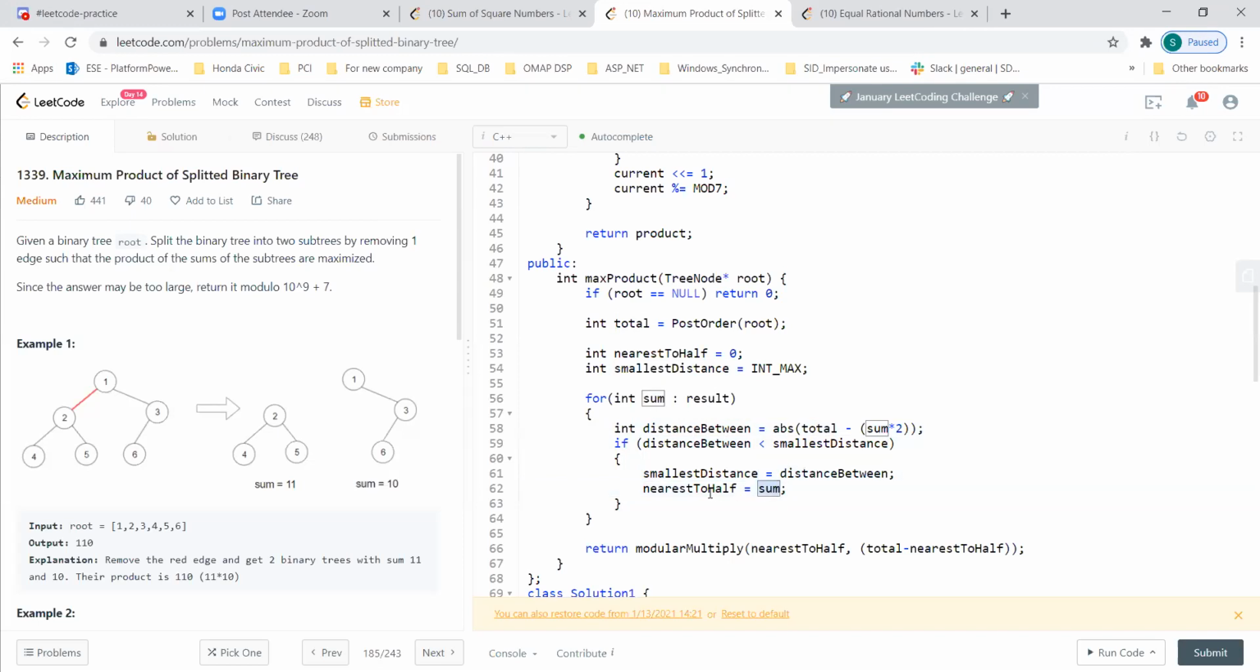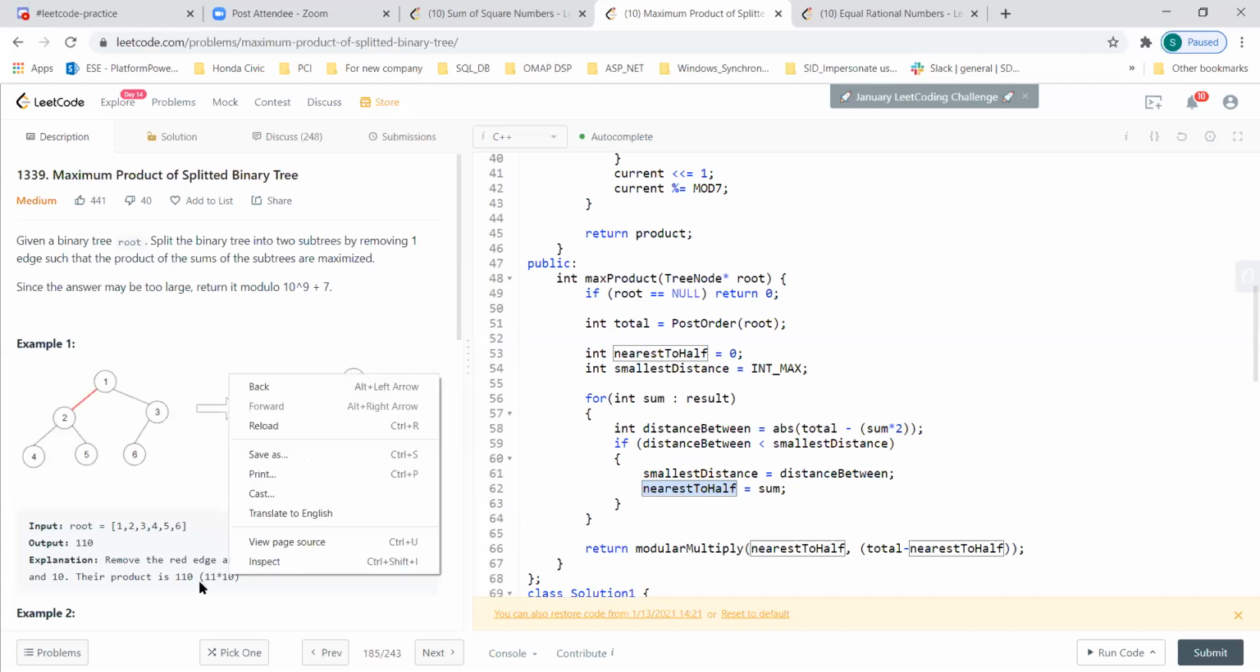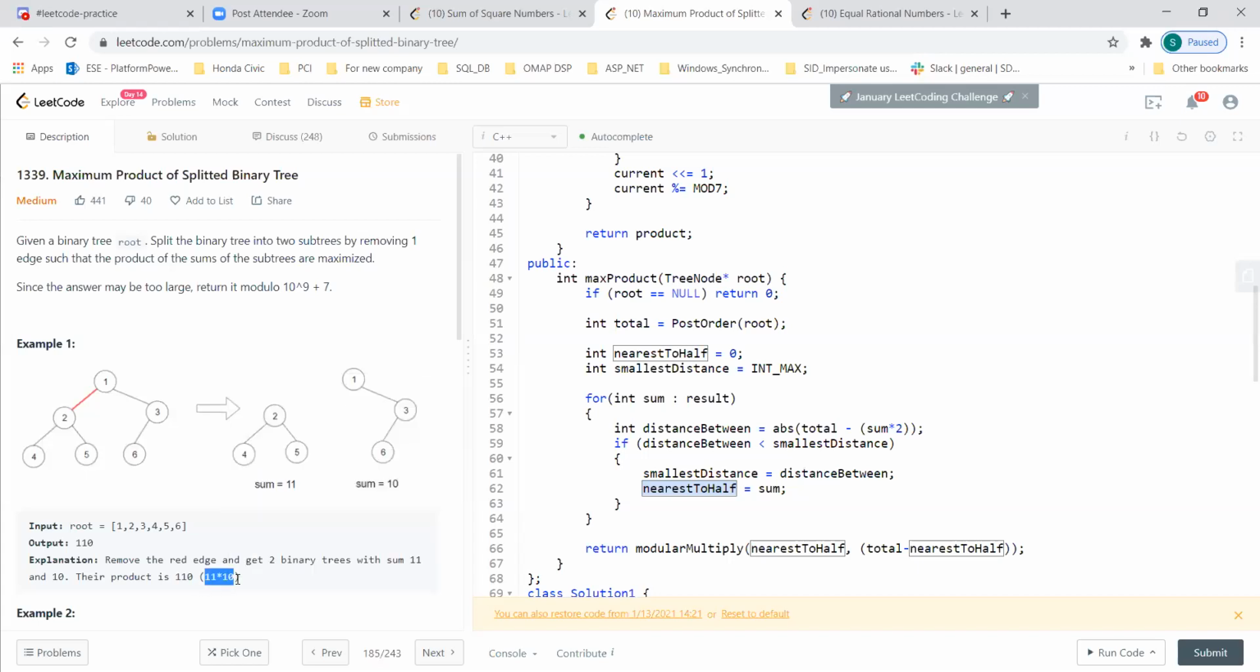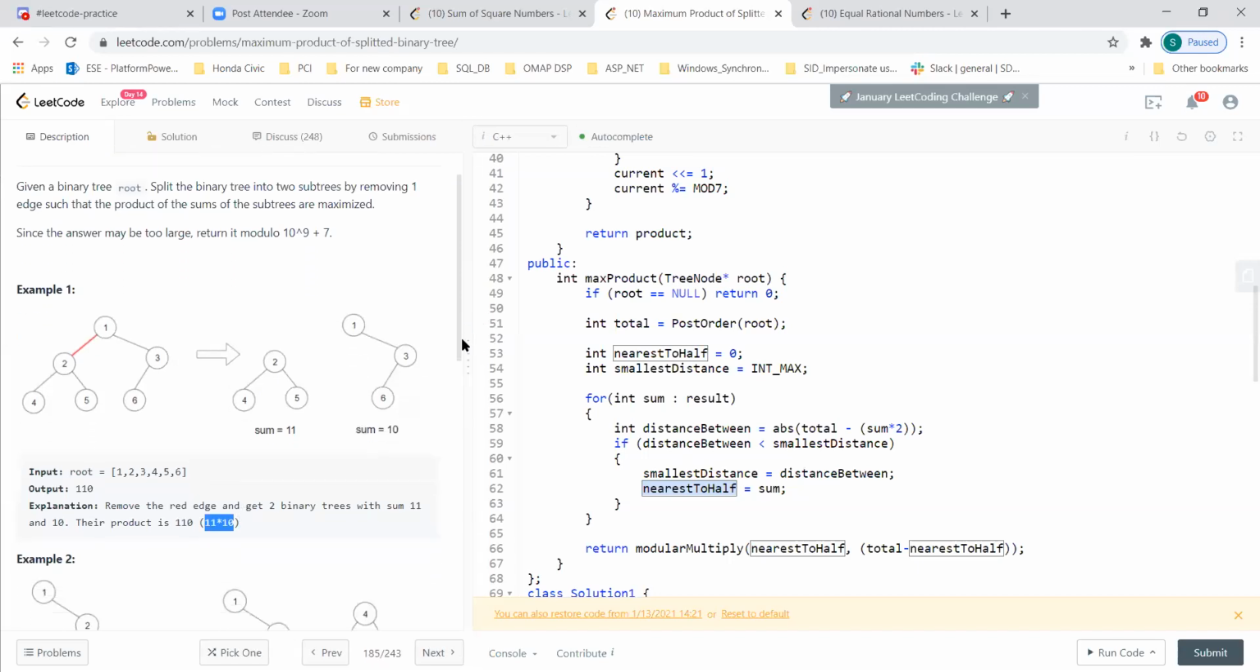So that particular value, you say it is nearest to the half value. So maybe it might be 10 or 11. Because if you look at this example, the maximum value will always be when both numbers, 11 and 10, are very close to each other. Then only you will get the maximum value, right? So the ones which are very close to each other and at the midpoint. The numbers which are almost closest to the midpoint will always give the maximum number. So that is what he's trying to do,